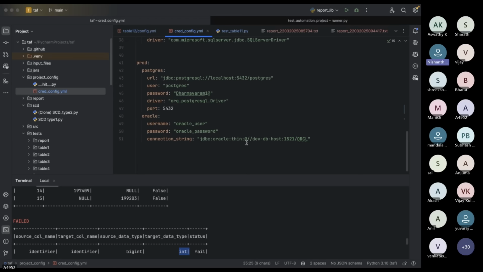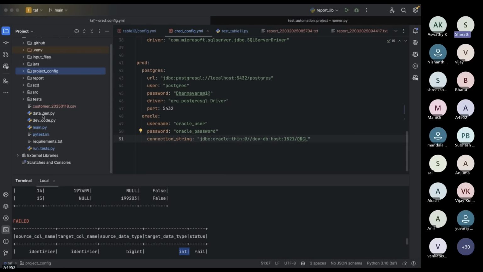Are we also covering the test data generation part? Yeah, actually, we have written some custom code to create the test data. The reason is, if you go to any ETL project, test data generation is not simple, because each project will need a different set of data or different set of records, to do positive testing and negative testing.